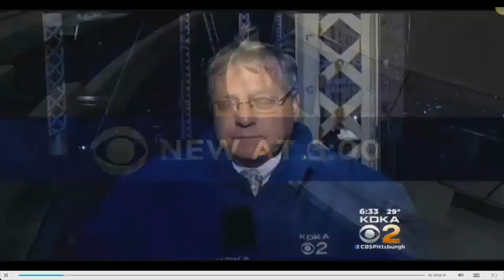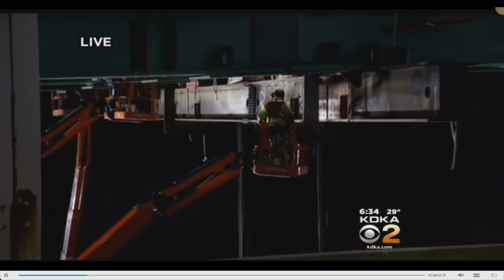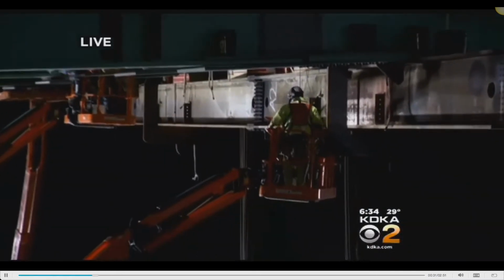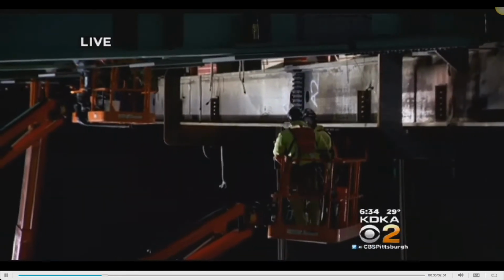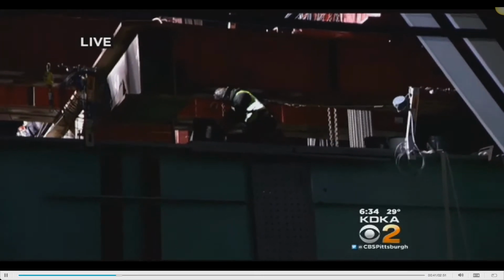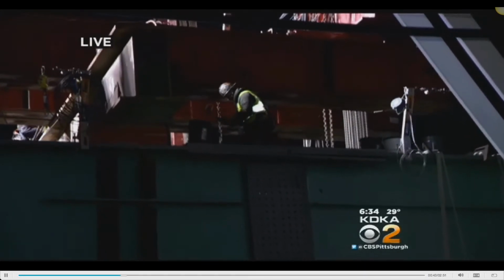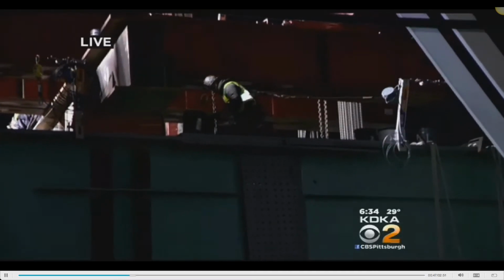John. Yeah, Christina, I'll tell you what, that bridge span is in place and being bolted in. Take a look. You talk about some cold work. These are members of Iron Workers Local Number 3 in those high lifts coming off of the barge down below, lifted up to the bottom of the bridge, and they're actually putting in some of the first bolts. And then if you look up above, you have their colleagues, more members of Local 3, who are putting in the bolts to bolt together that mid-span and the other span after it finally moved into place around 4:30, 5